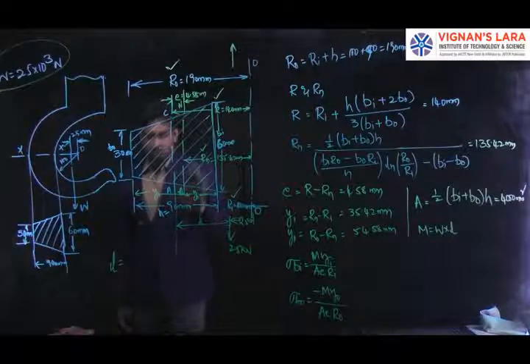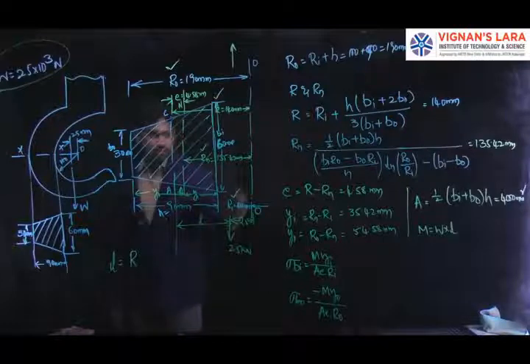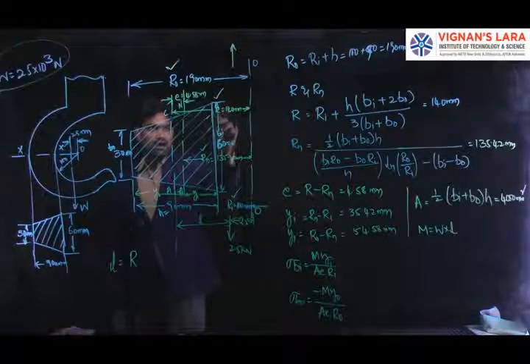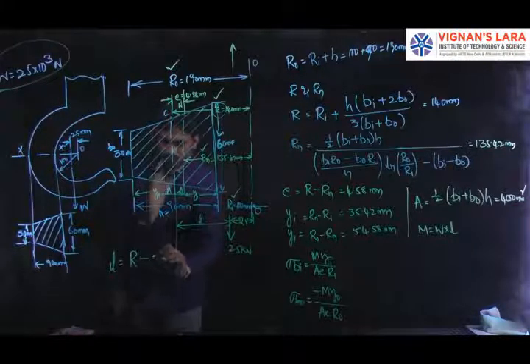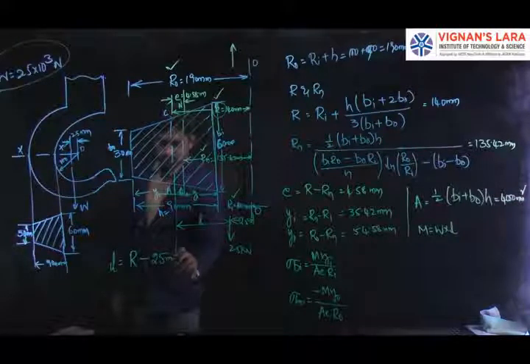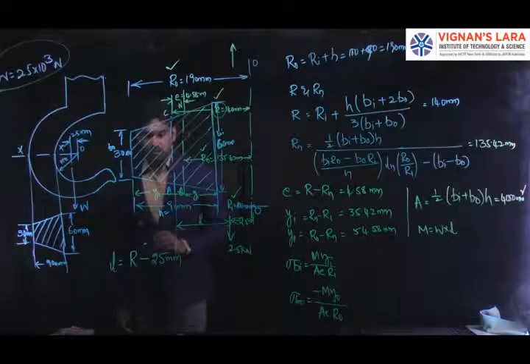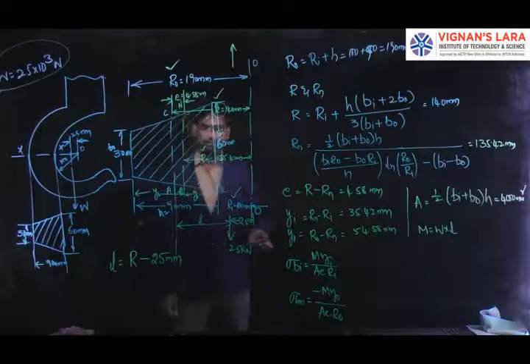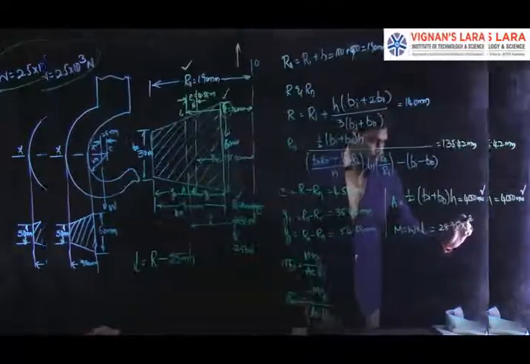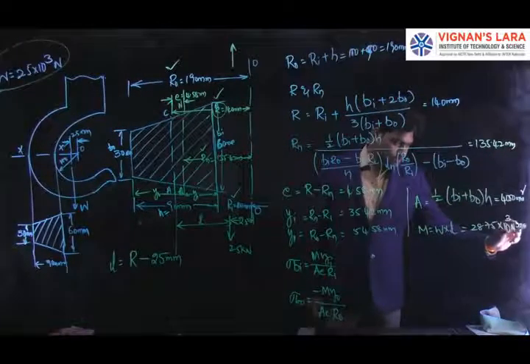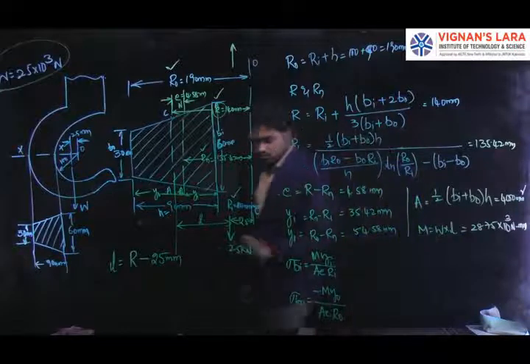But we know that the radius of curvature, that is the distance from the center of curvature to the centroidal axis, is denoted by r. So the value of L is shorter by 25, so we can subtract the value of 25 mm, that is the shorter distance, from the radius of curvature r, so that we may get 10 cube Newton mm. So the length will be 115 mm.